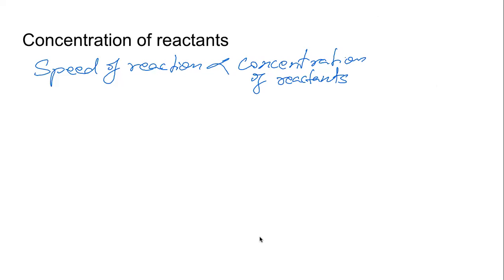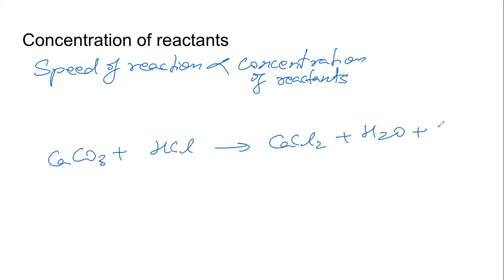So we can also say that if we try to react Shahbaz tiles with concentrated hydrochloric acid, then the reaction will be faster. The equation will be same. So the equation that we wrote, with Chanda balanced, CaCO3 plus HCl gives CaCl2 plus H2O plus CO2. We balanced it by saying this. It's the same reaction.